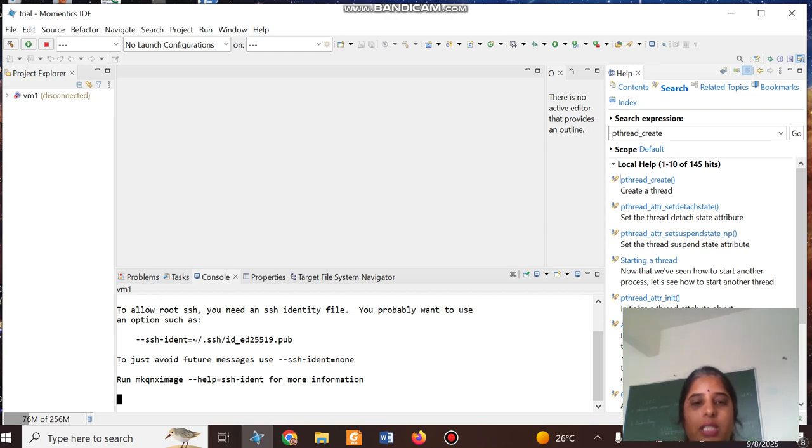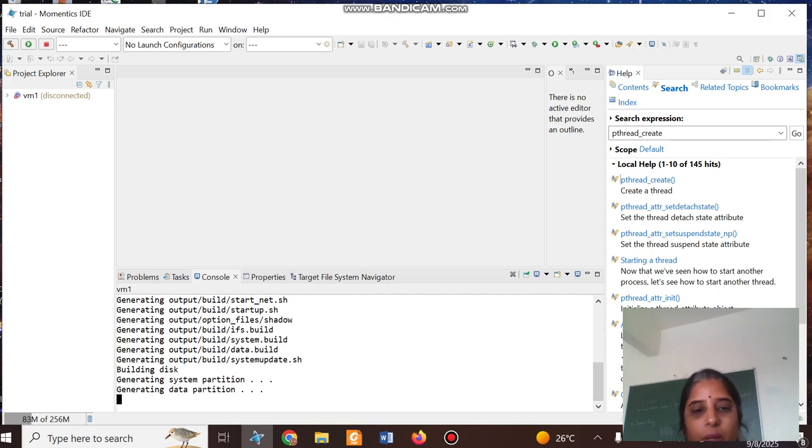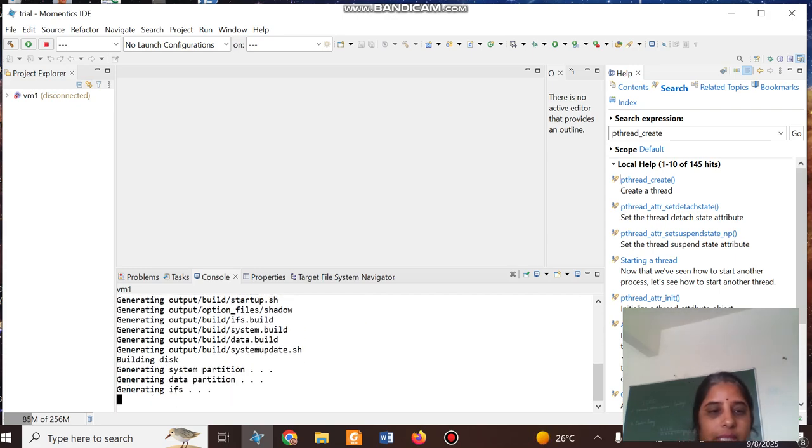Once everything is done at the backend, VMware has to open automatically and the operating system has to boot. If the operating system is booted, then we can write a program in this QNX IDE and run it on the operating system. You can see the logs. These logs show how the operating system is booting.